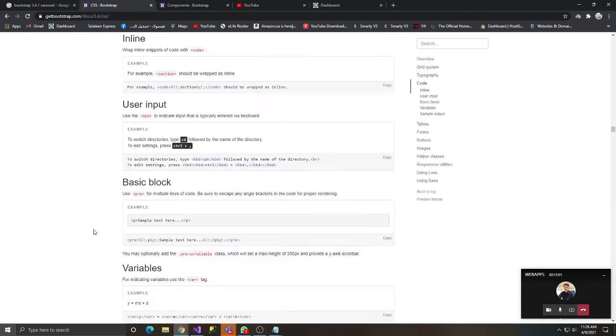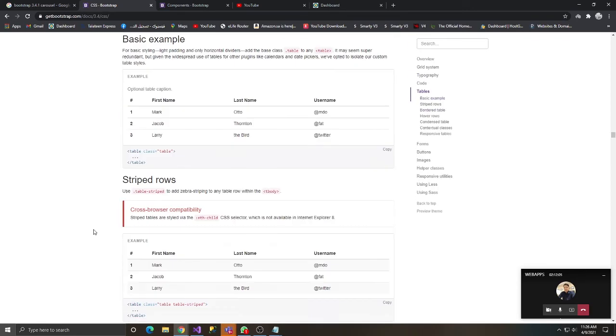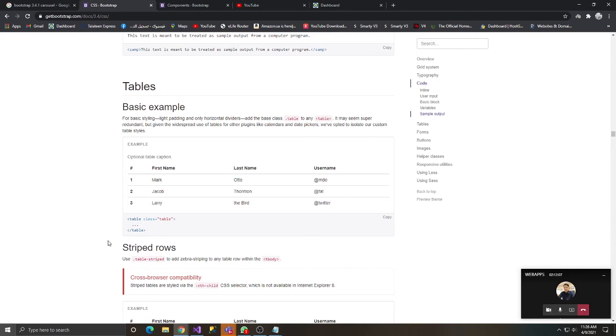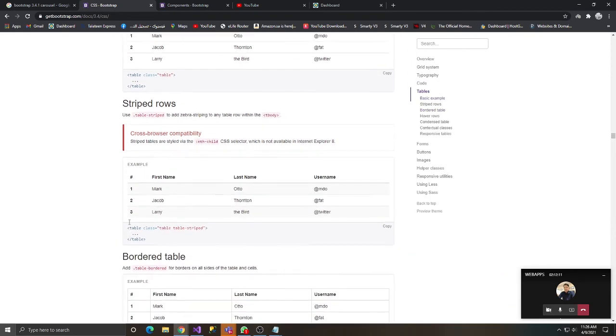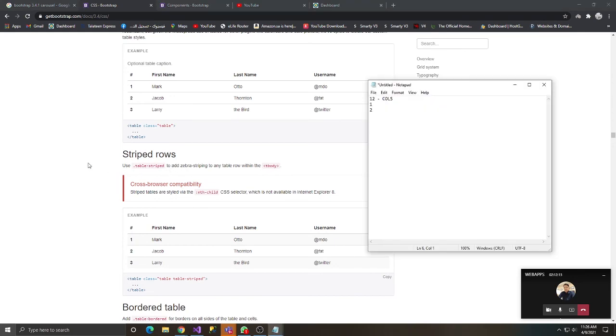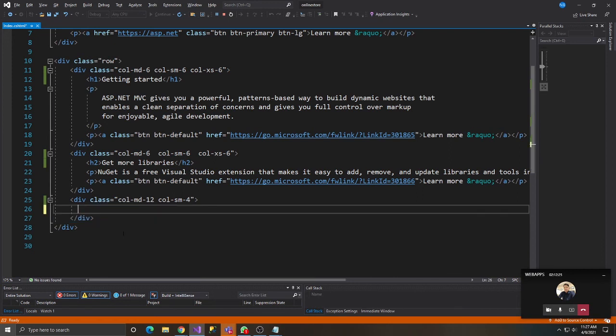So let me scroll down to table. Okay, tables. I think table is one of the interesting things that we can have. So I would say table class striped. In this case, I have here 12 by 4. For small, it should become 4. So I would delete all this data here. I will say table,